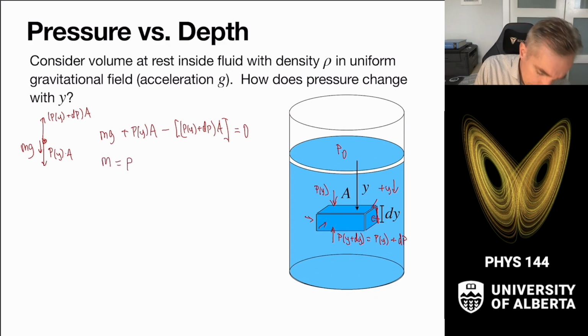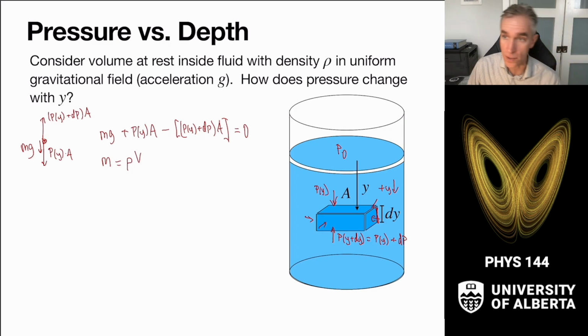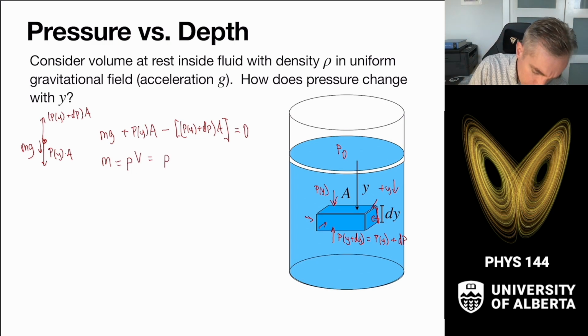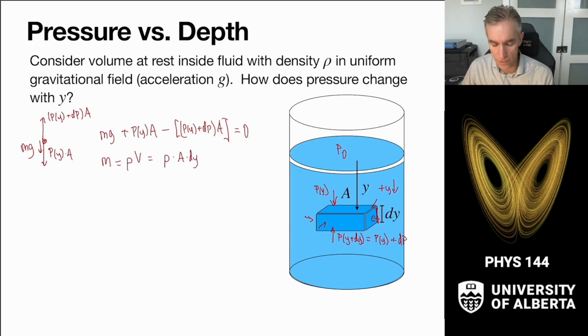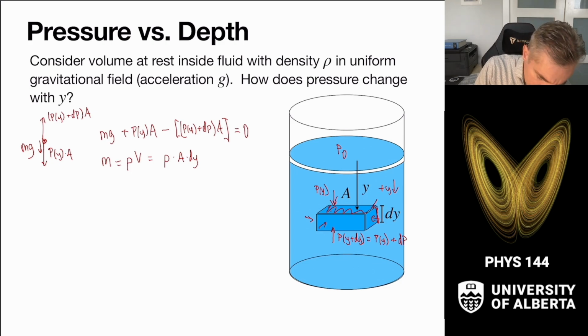Now, from the material as a fluid, we know that the mass of the fluid, m, is equal to the density of the fluid times its volume. So mass density times the volume. And that volume is going to be equal to the area times the height of that little rectangle. So it's the surface area A, which is the top area here, and then the height. So it's basically the area times the height gives me the total volume, and then I can plug that value in here. So we'll plug this back into this top equation,